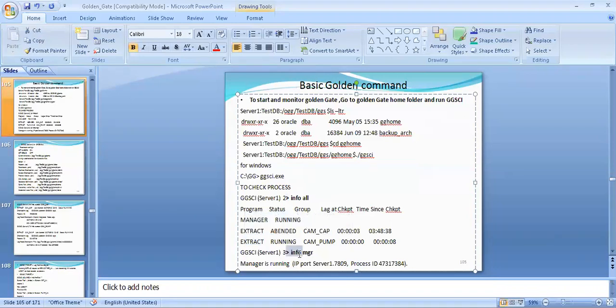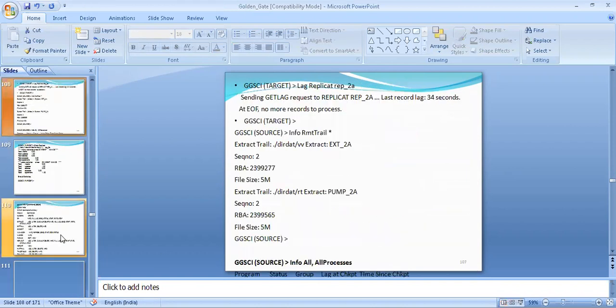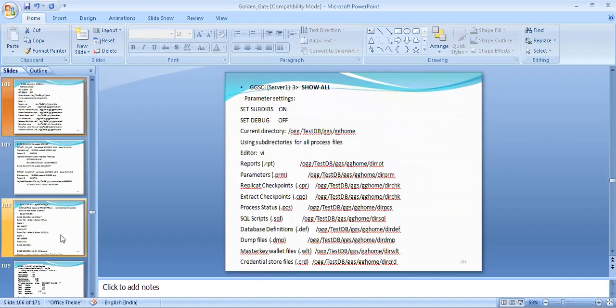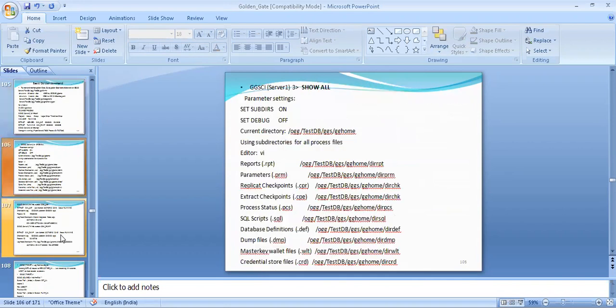Another is info manager. With the help of info manager, you can get information related to the manager only, such as on which port number the manager is running. So all these commands can be used to know the complete environment of Golden Gate.